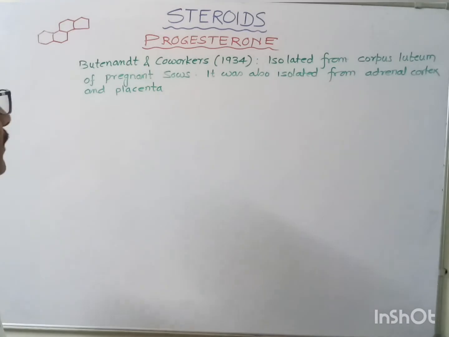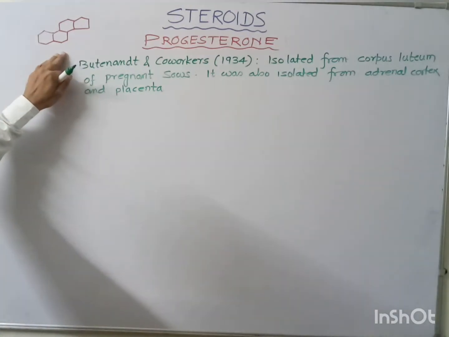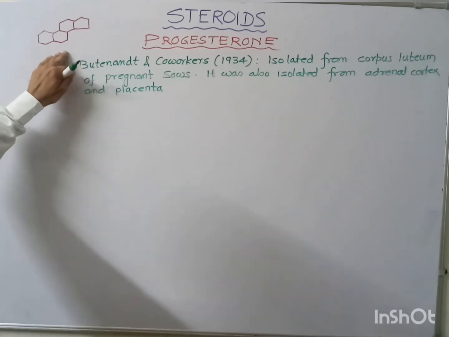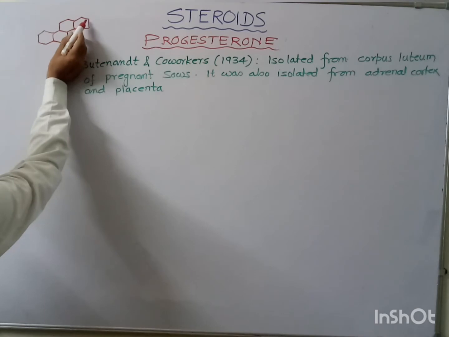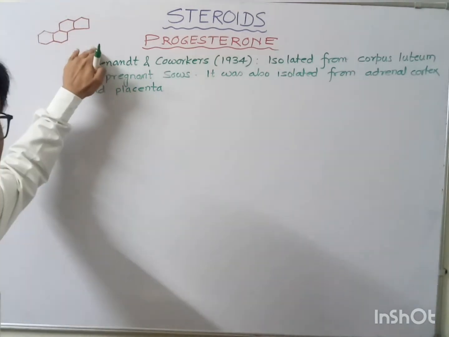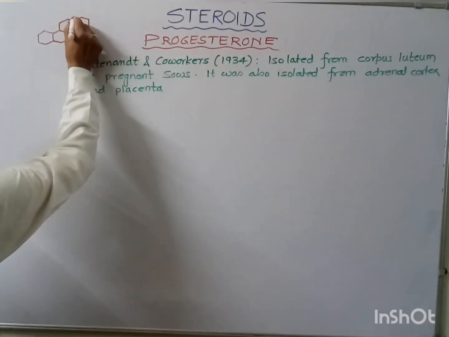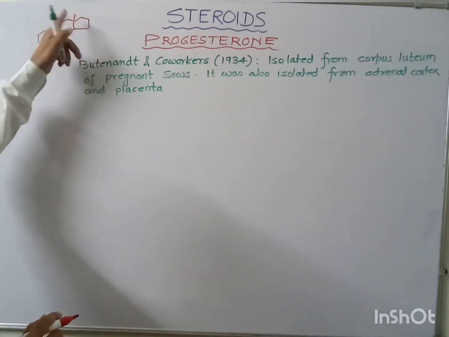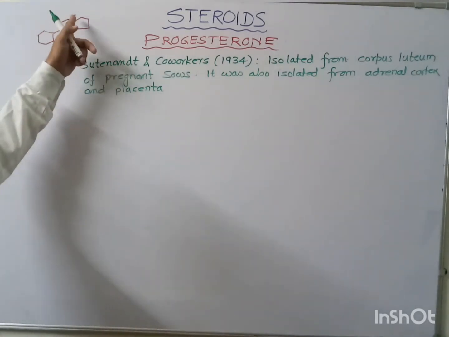Okay, this is the steroidal ring, and it contains 17 carbon atoms. If you see 10, 11, 12, 13, 14, 15, 16, 17. So 17 carbon atoms, which corresponds to the gonane nucleus. And then if I add one angular methyl group here, then it is the 18th one. Then it will become